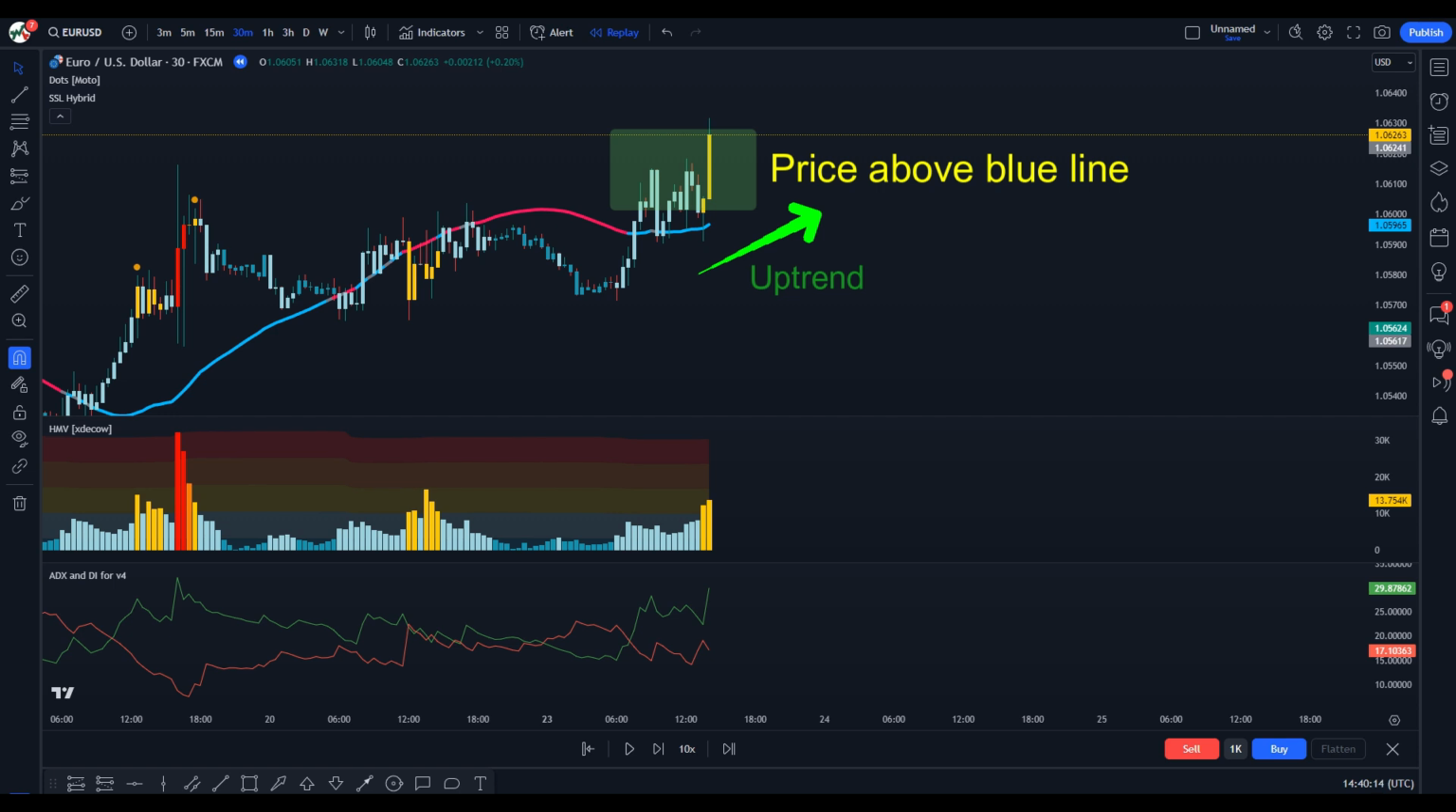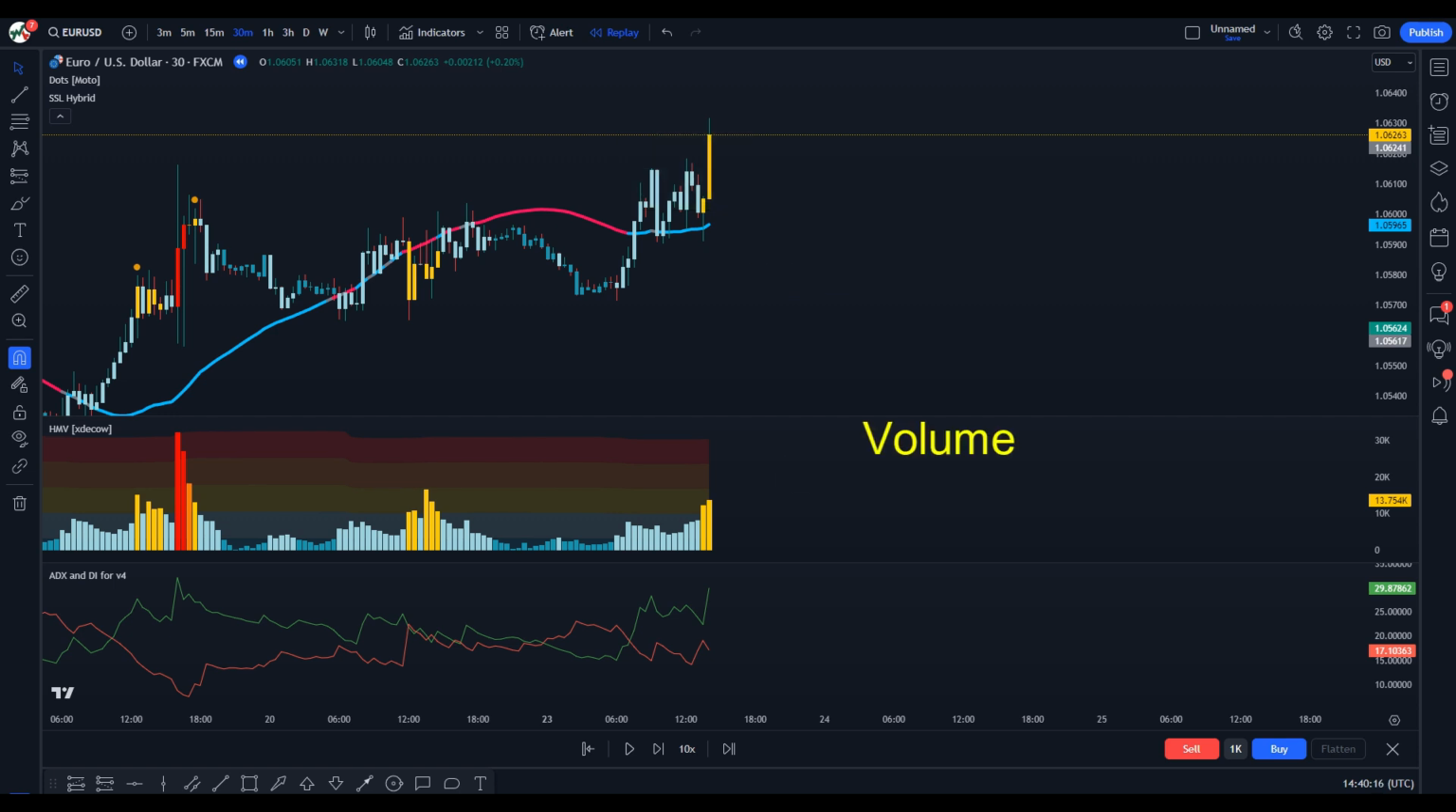And for the third confirmation I recently discovered this amazing volume indicator. It basically tells us if the price has enough volume to open a trade. We can see that it is divided into 5 levels depending on the volume in the market. Let's only take trades when the volume is medium or higher. Okay, now that you know how this strategy works,